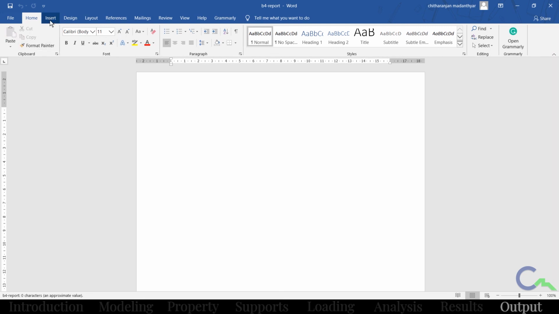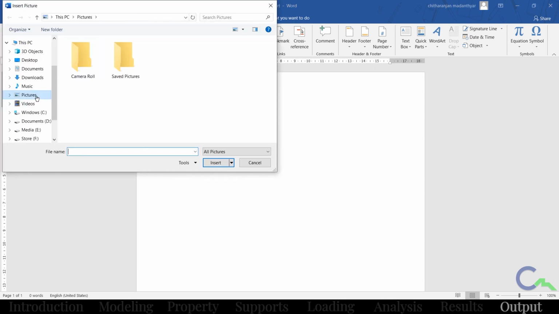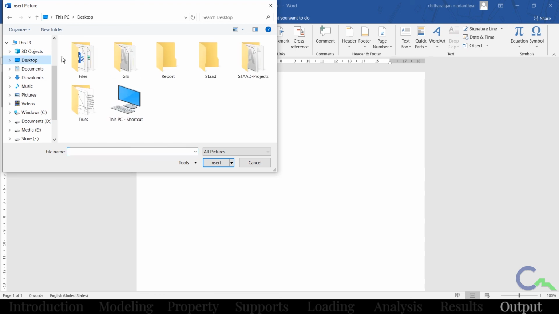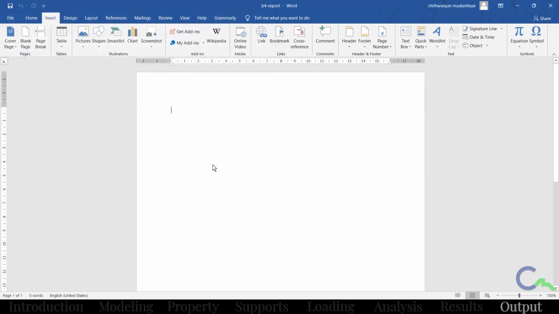So I will go to the insert option. First I want to import all the pictures. I will click on from this device, in the desktop and report folder. Beam number 4 loading I want to import.